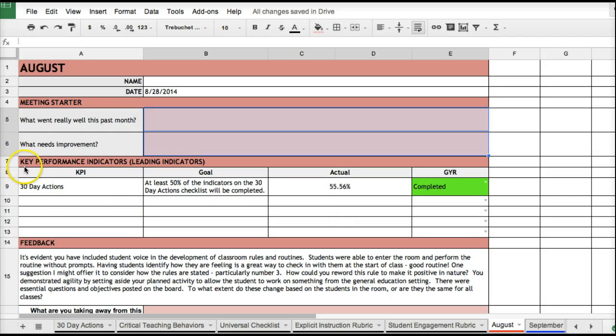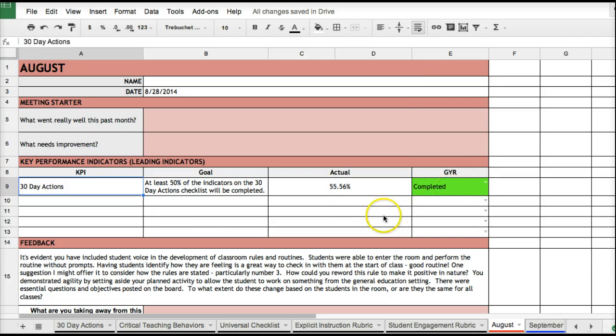The next section, called Key Performance Indicators, are the things that we're currently using to collect data. So you'll notice that on this first one, we're using that 30-day actions checklist. The goal was that at least 50% of those indicators be completed, and this person has 55.56% completed. So she has a green, yellow, red status of green.